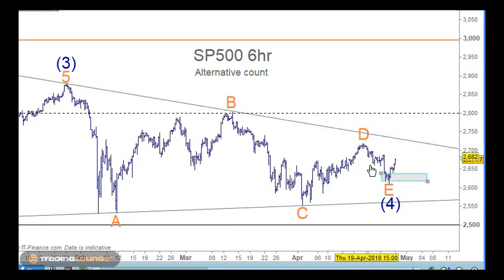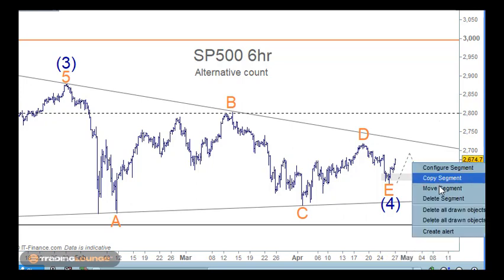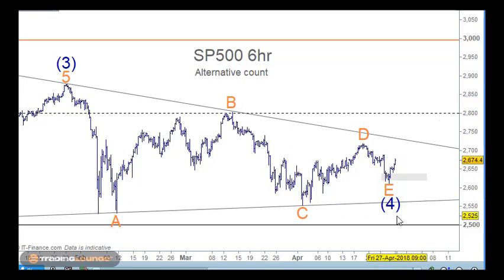This E wave here is okay in relationship to wave D, but it also could get a little bit wider in terms of an A wave here, a B wave back up in here, and a C wave here, and then moving off. But it's okay the way it is too, but we can look at this alternative count a little bit later once we've got a little bit more information on this move coming up here, because this move up so far is only in 3 waves,